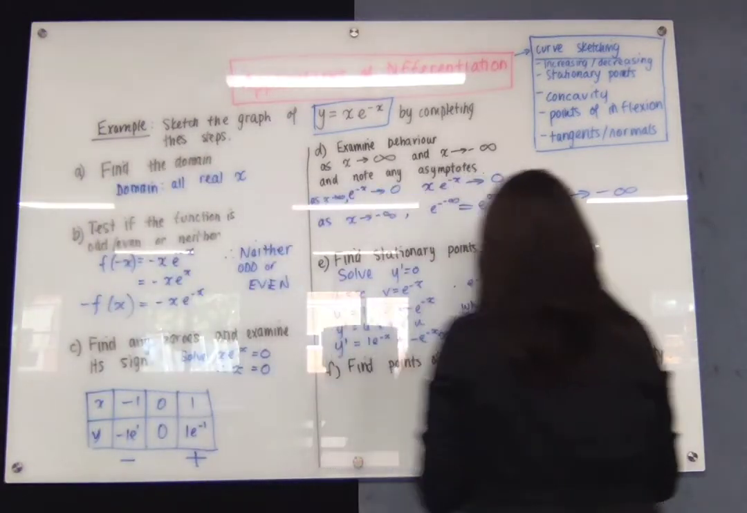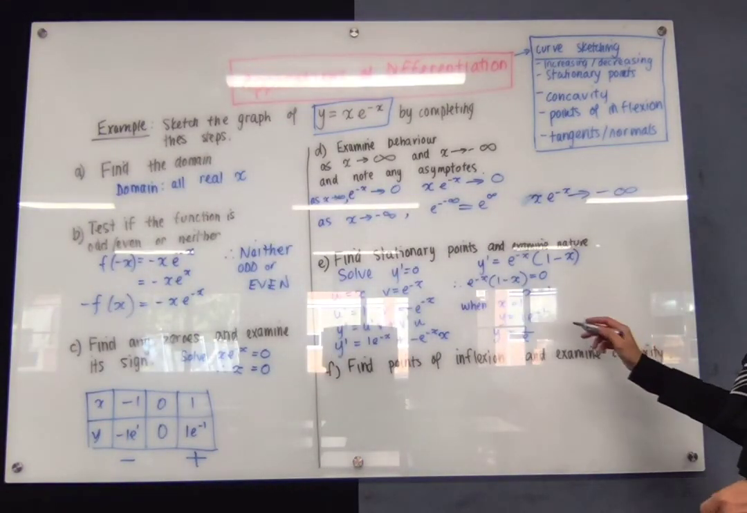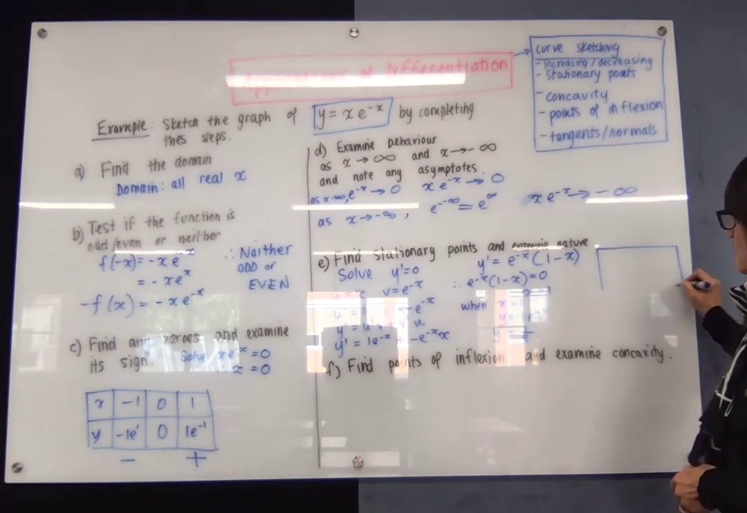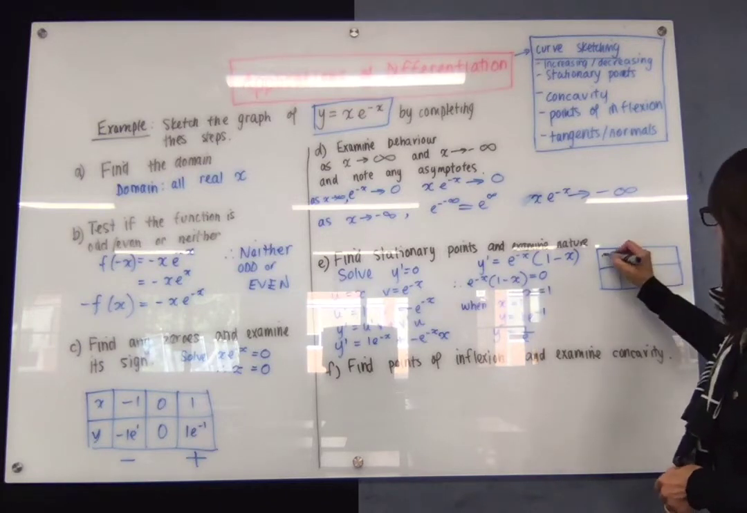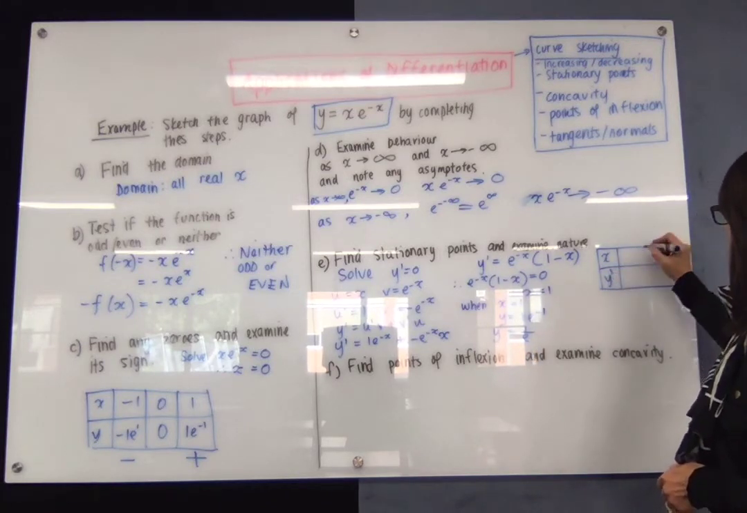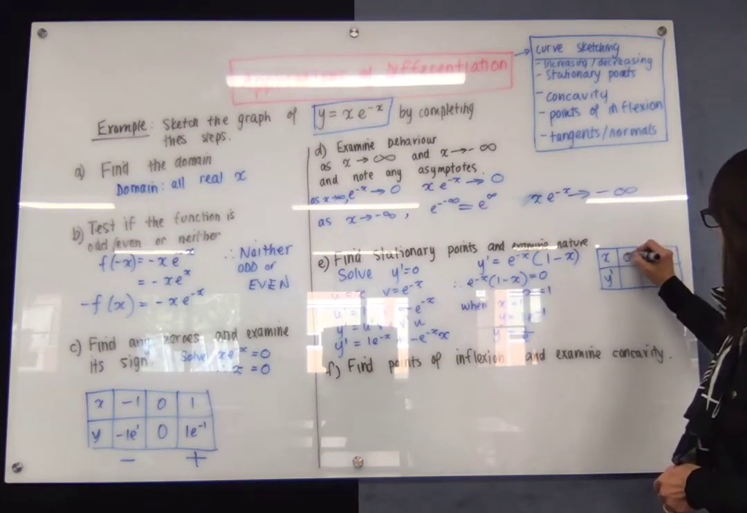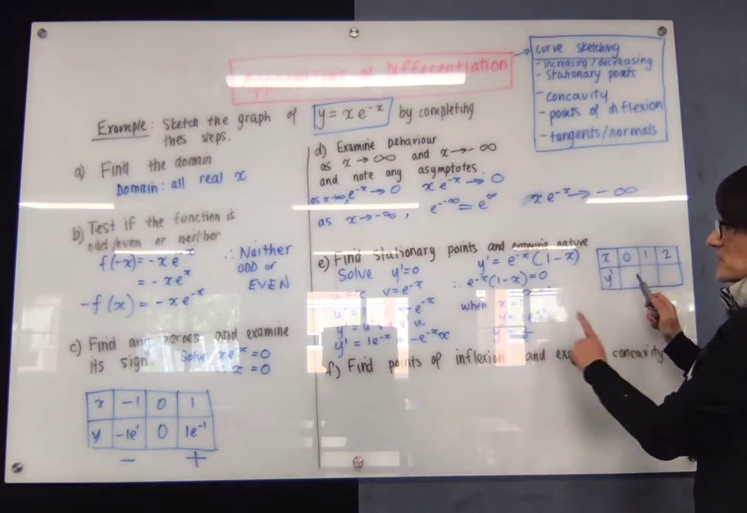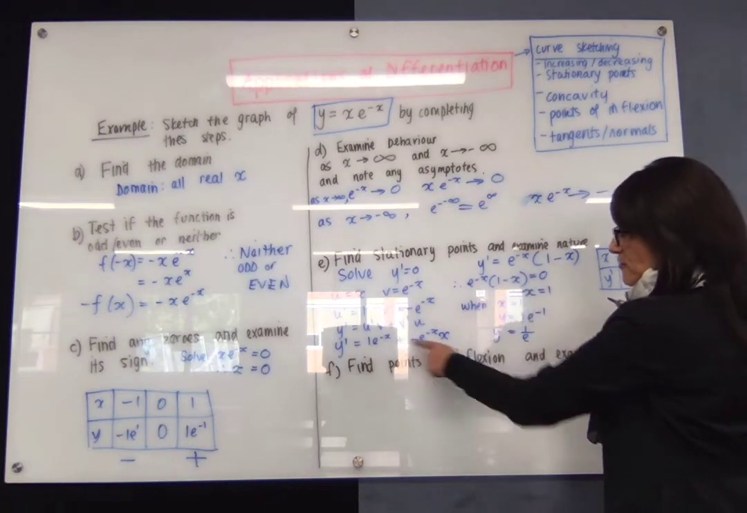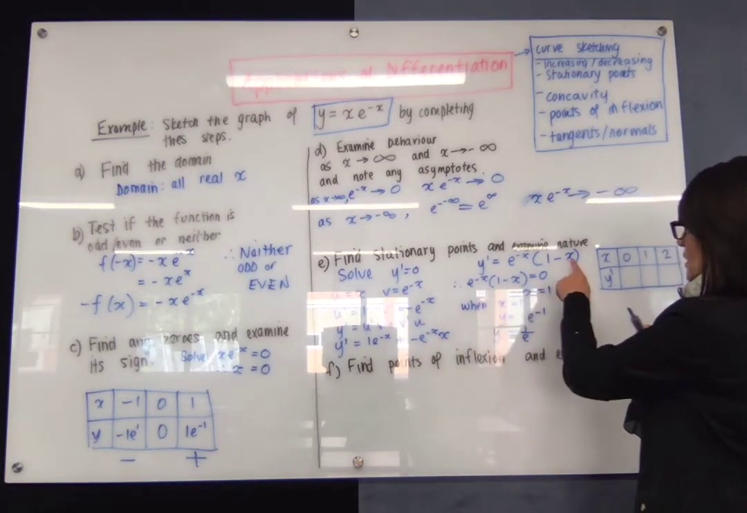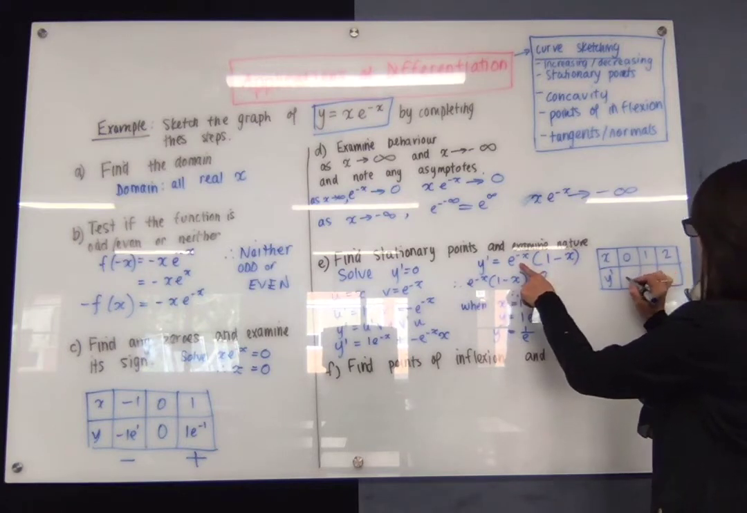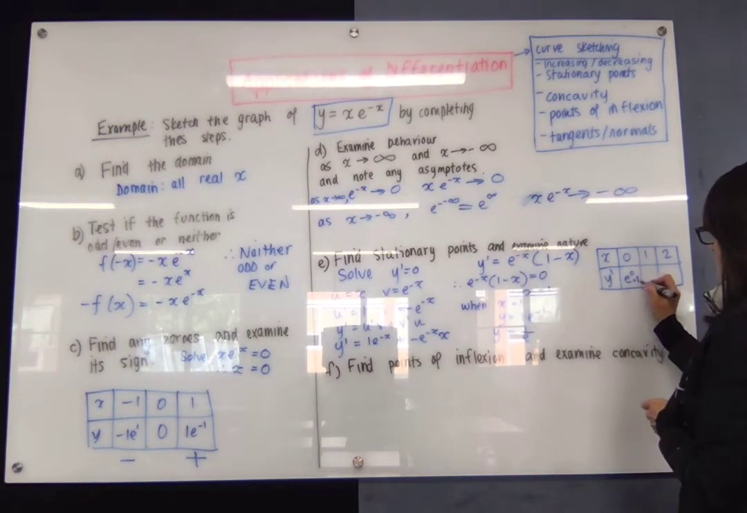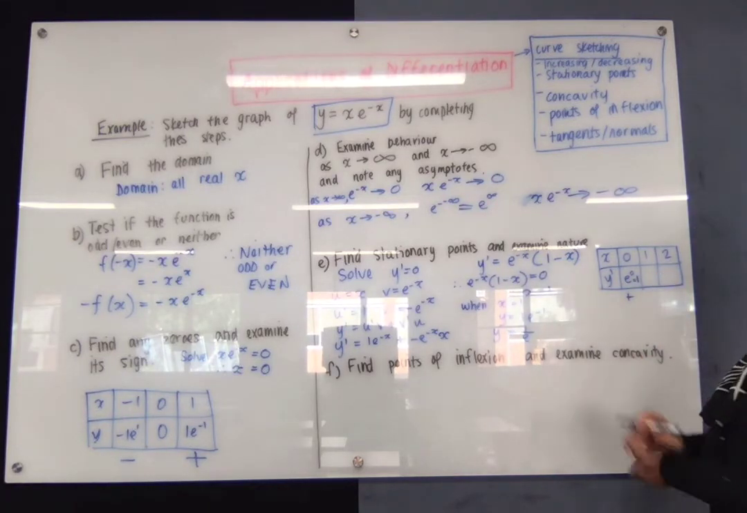Now let's test this. So we can test by a table, or you could test using the second derivative. So let's have a look. When x equals 1, and then we'll substitute. Okay, if we substitute x equals 0 into our first derivative, you can see when we substitute it in here, we end up with e to the power of 0, which is 1. Okay, and that gives us a positive result,